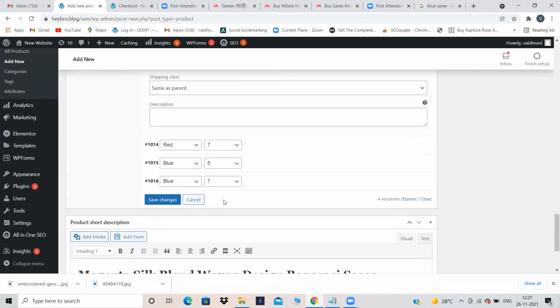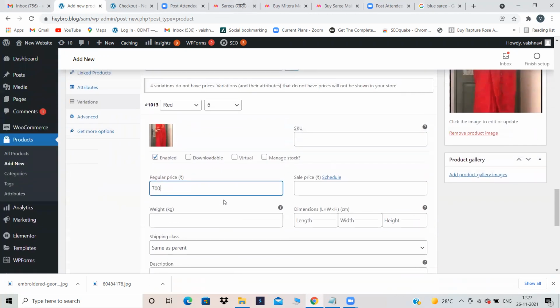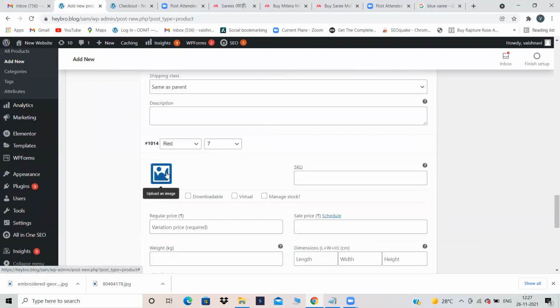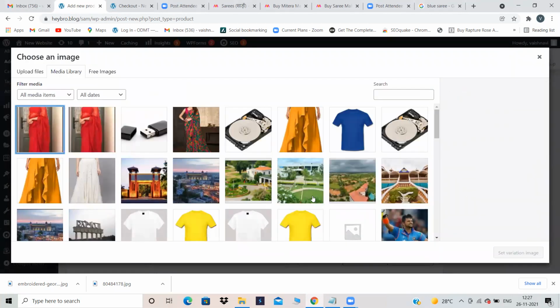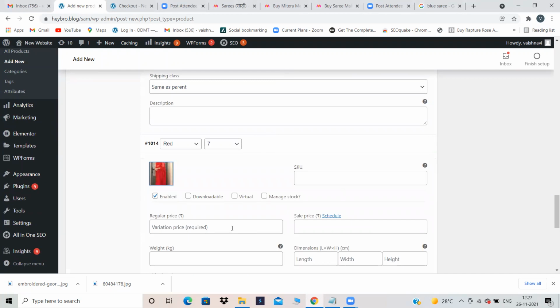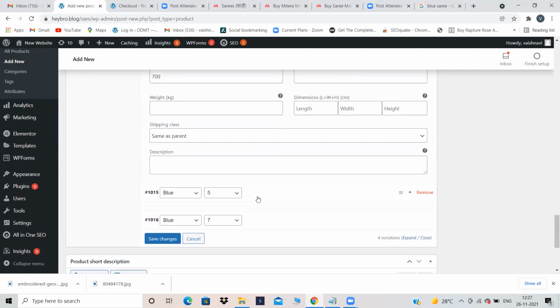Red 5, so I'll reduce the price to some 500. And for 7, we'll give it as 700. Again, red 7, and 700. Scroll down. Blue.